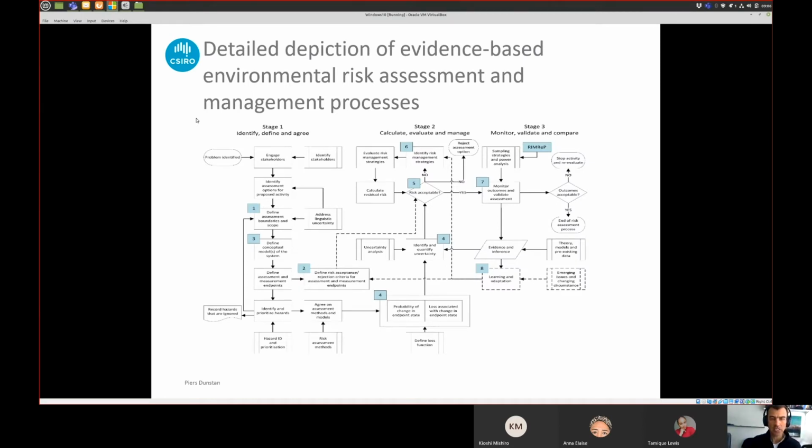What you can see here is a really detailed plan to do exactly that, working through those three stages of identifying the objectives. The second stage, looking at some sort of assessment of where the risks are actually going to occur. And finally, the third stage is monitoring and validation to make sure that you're actually achieving the things that you want to achieve. What I'm going to talk today primarily about is the stage that we've been working with